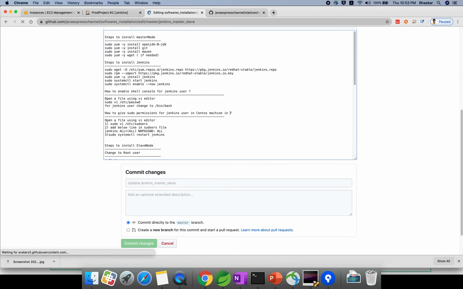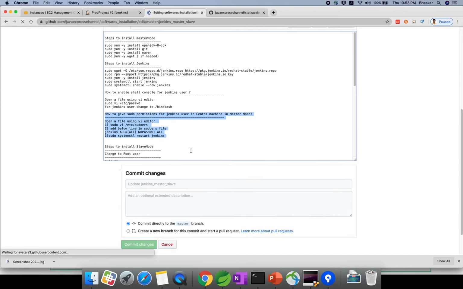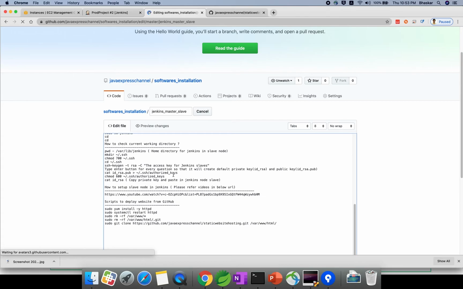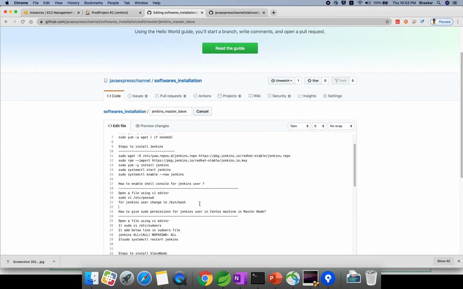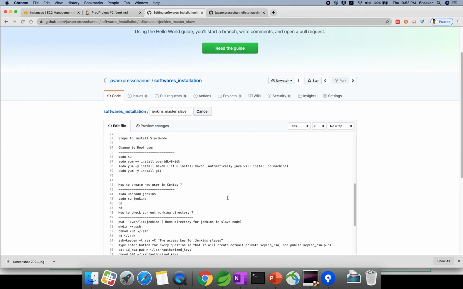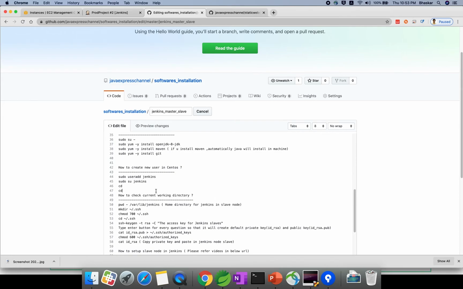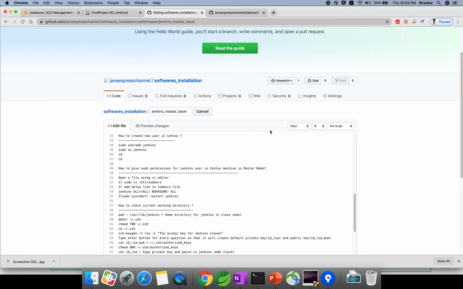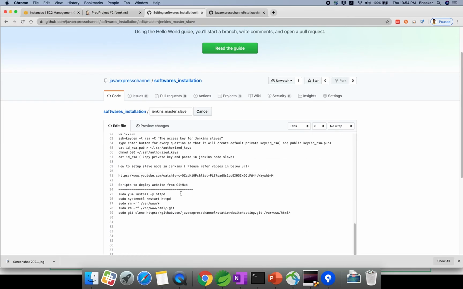CentOS machine in master node I'm giving, and same thing I'm copy pasting that down. This is a master, this is my slave. Here also you need to provide, right? Here I will paste it in slave node. Just you no need this particular step.